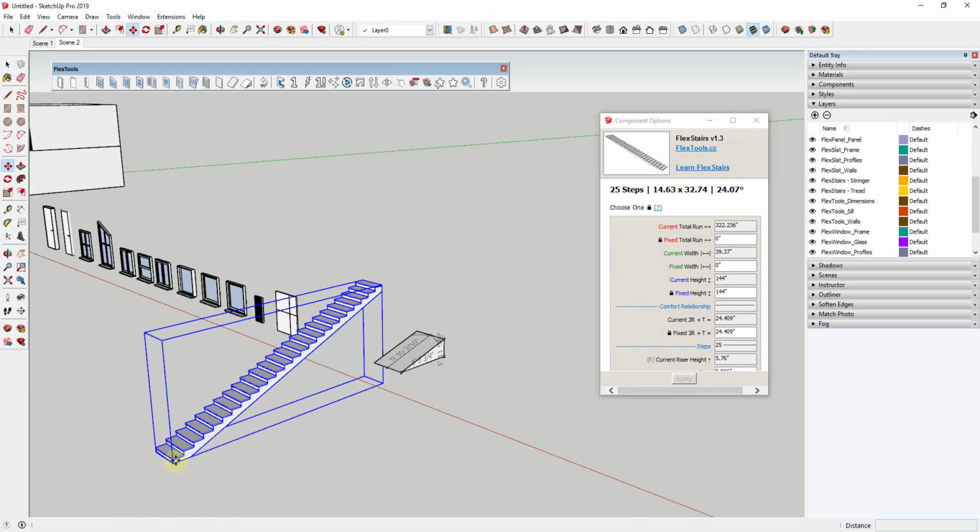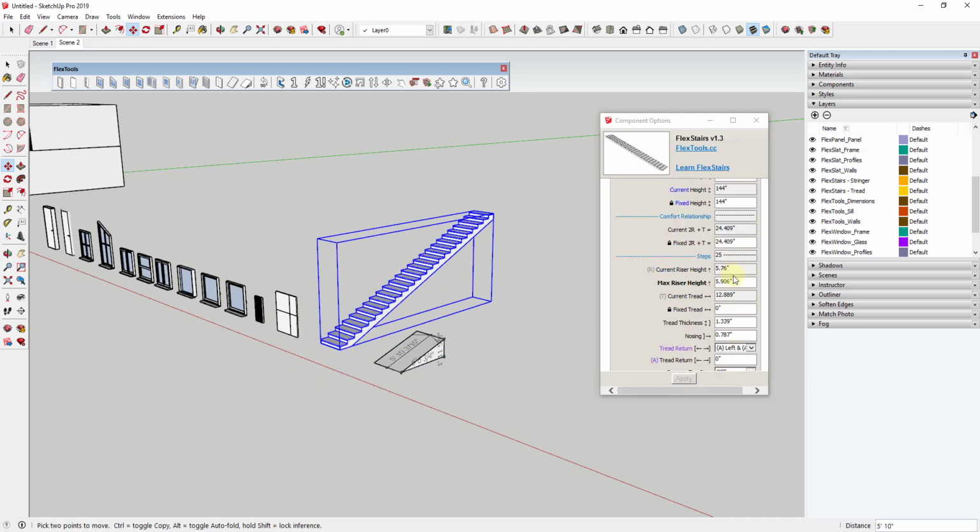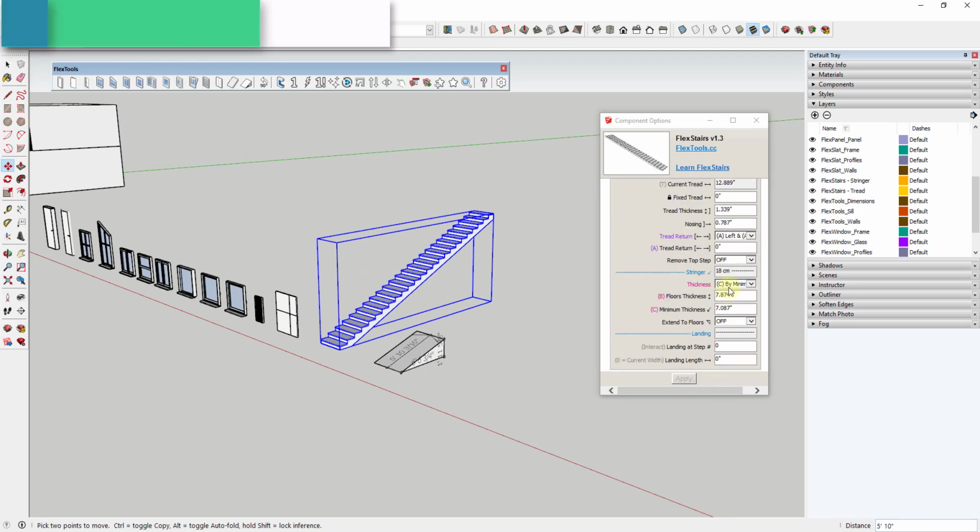And then you could also adjust the depth of the risers and other things like that in order to make this work. And then one of the cool new functions that they've added is the ability to add a landing. So for example, if you wanted a landing in here and you wanted it to be something like 4 feet,